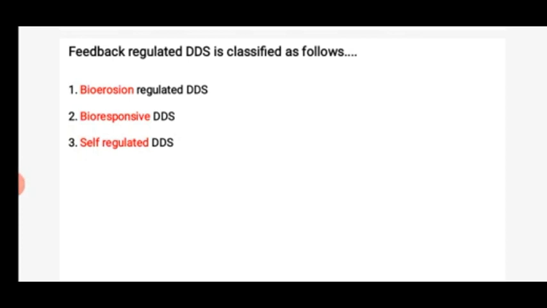So in the reservoir devices, the drug is surrounded by polymeric material, and micro encapsulation materials are used as a membrane barrier coat. They are hard gelatin, methyl cellulose and ethyl cellulose. And in matrix devices, that means monolith, the drug is dissolved or dispersed in an inert polymeric matrix.